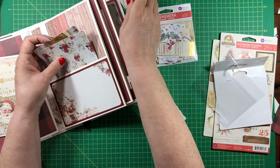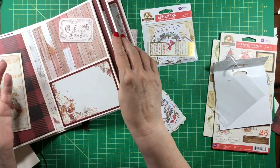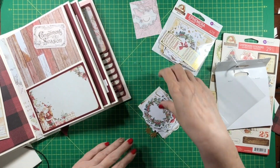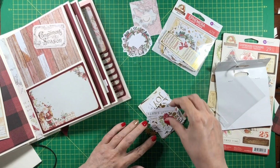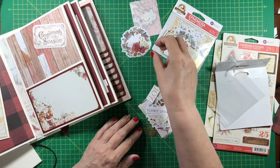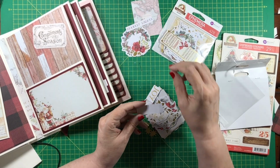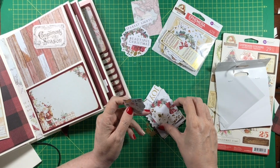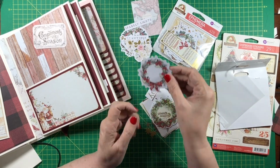Pull this over a little bit. We don't need those. I'm thinking that looks really cute there. Okay, so that's so far that's got a spot, I think. Let's see. Pretty. Some of these are foiled. I don't know if you can see that on the camera. And some really pretty florals. I haven't looked through these before, so